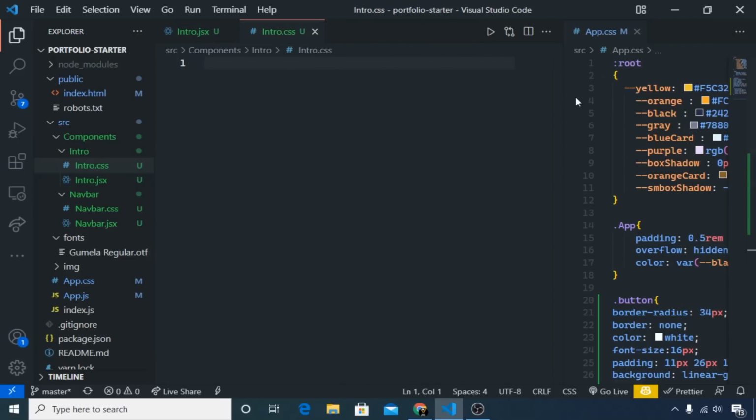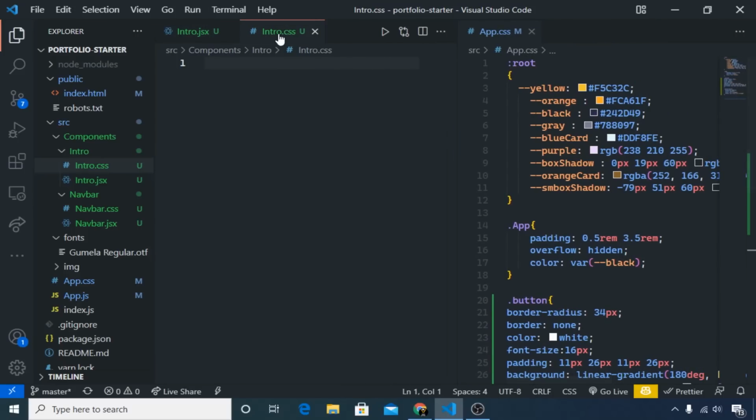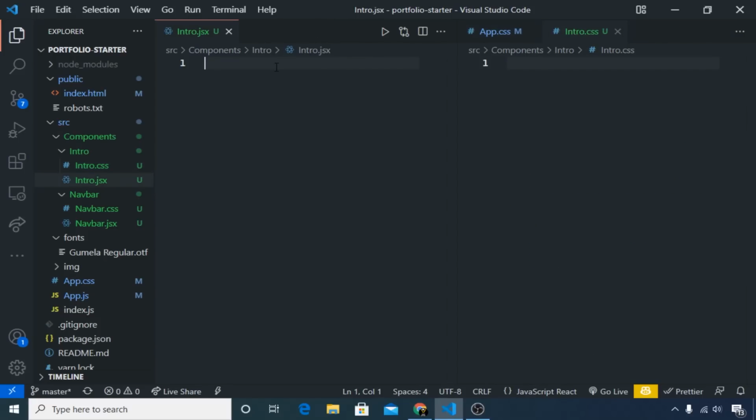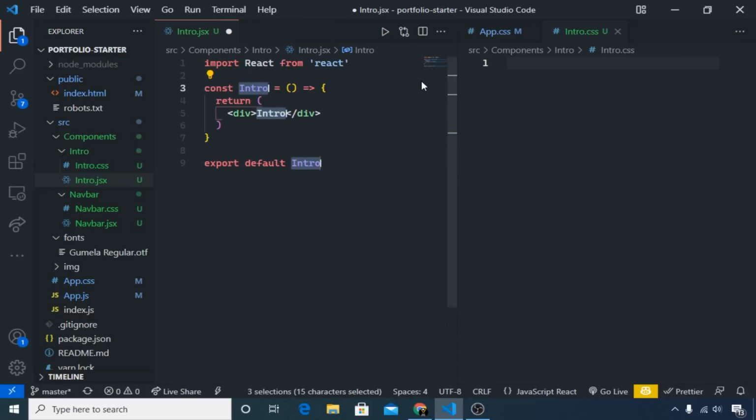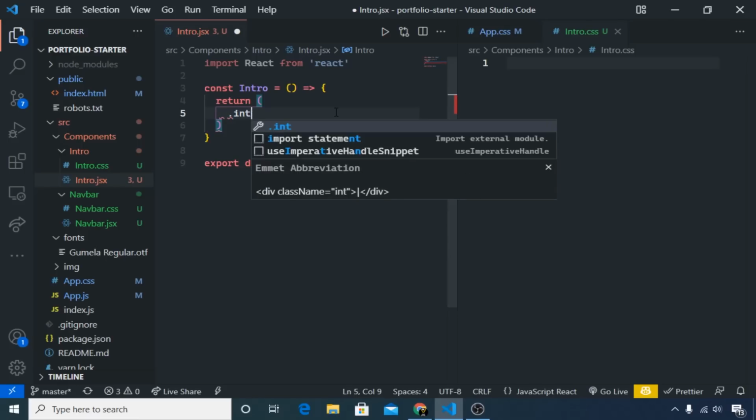Okay, the app.css should be here because we need it for reference. Now let's start the intro section. RFCE. For the function, I am removing the default text and then making my own div with the name